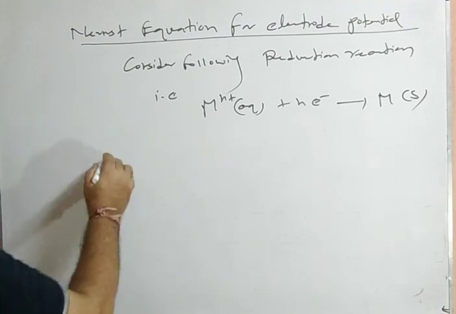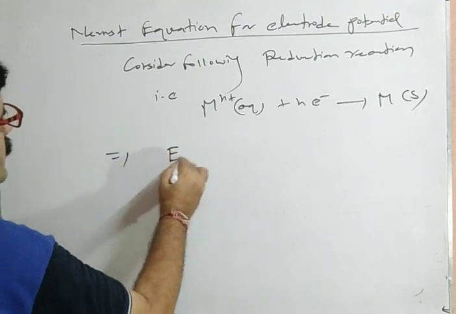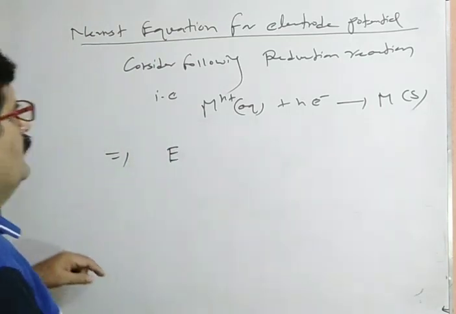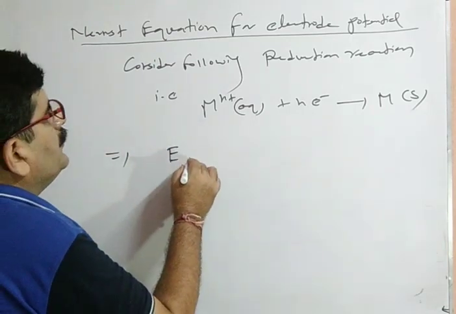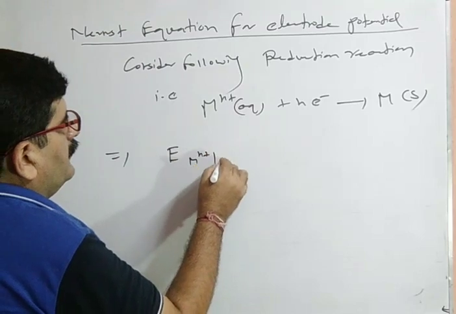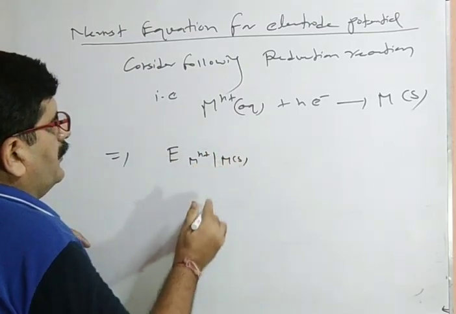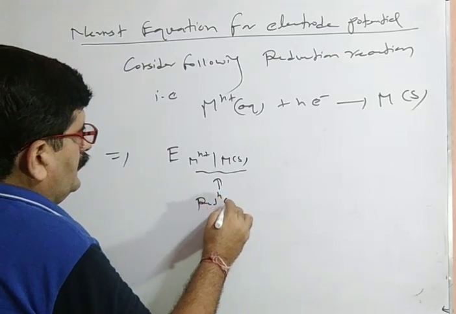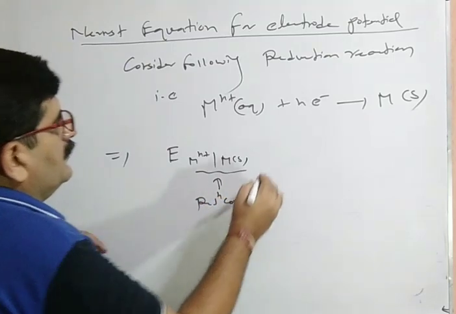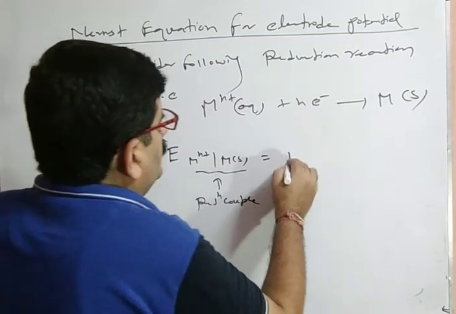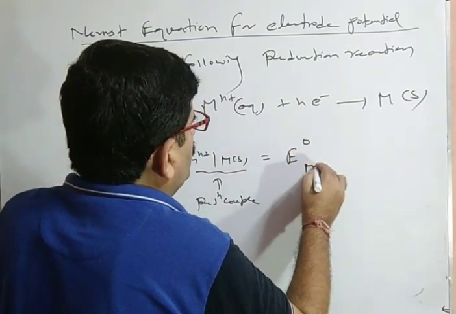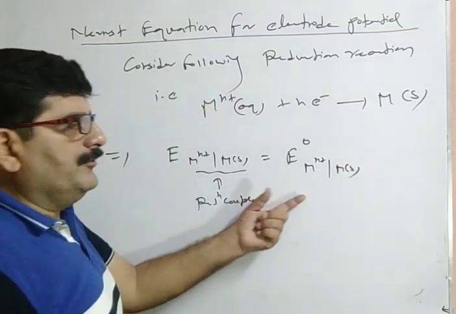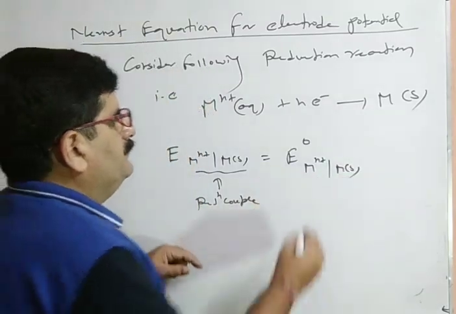From the Nernst equation we can write E, this is not a complete cell, only reduction occurs, so we can write E of the reduction couple is equal to E naught of the reduction couple at the standard state